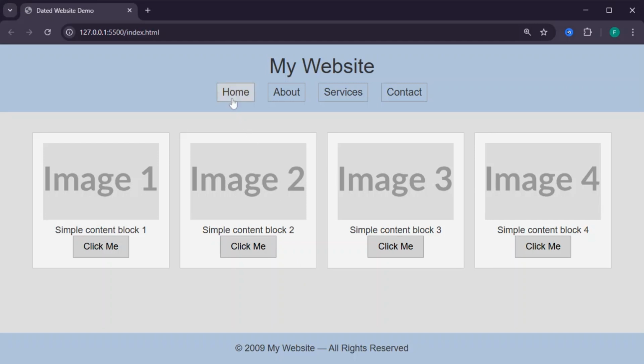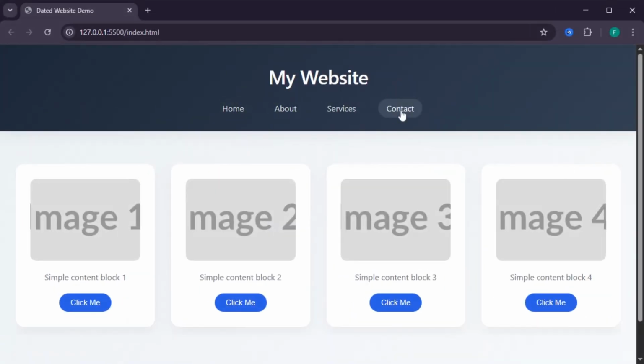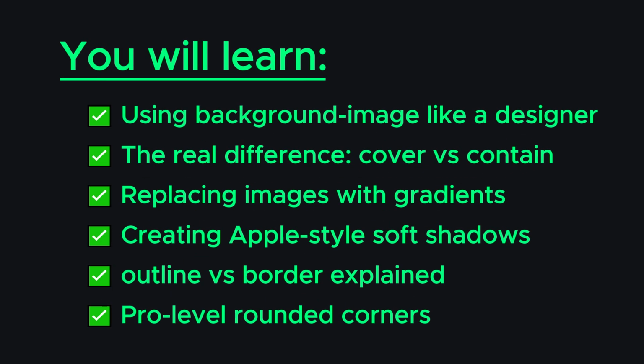Your website works, but it looks like it was built in 2009. Flat colors, boring rectangles, no depth, no polish, no wow. Today, that changes. In this episode, I'll show you how to use background images like a designer, the secret difference